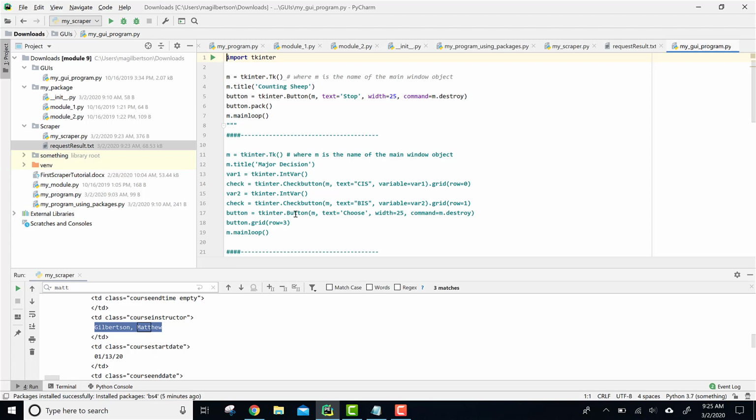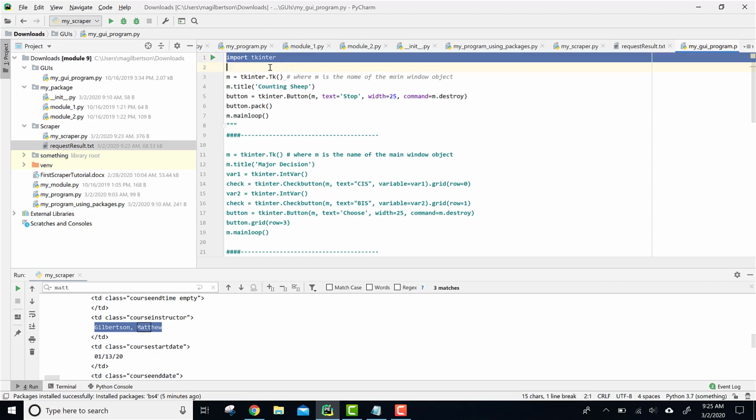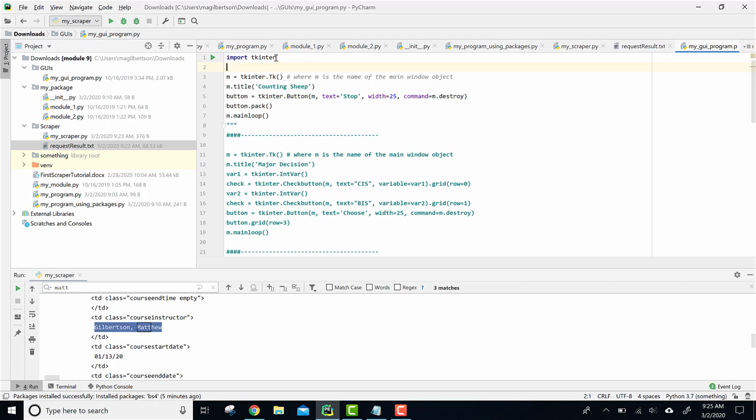And I've got all of this down the screen here in commented out sections as we build more functionality into it. But the first thing we have to do is import tkinter. That is what we'll be utilizing for our GUI. And then this section here, from the